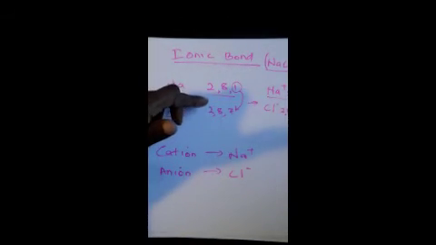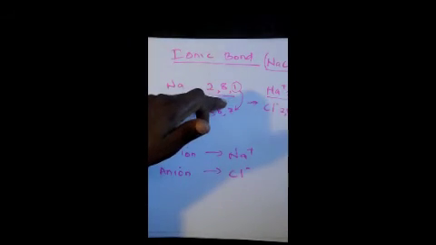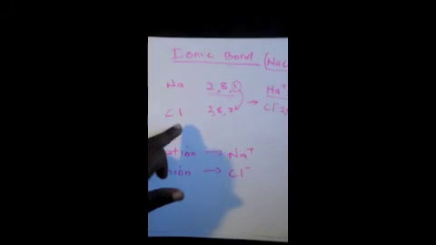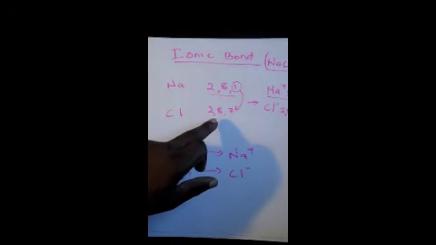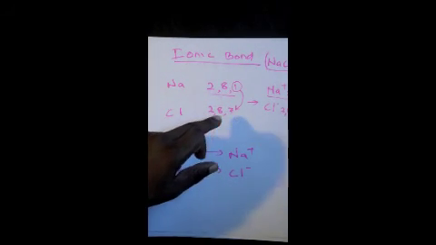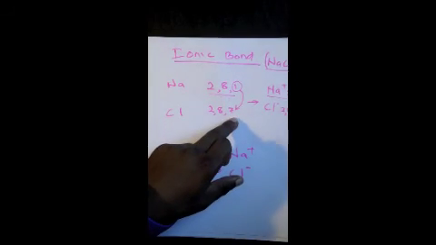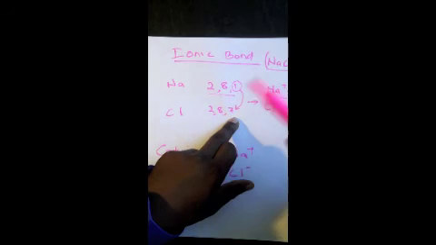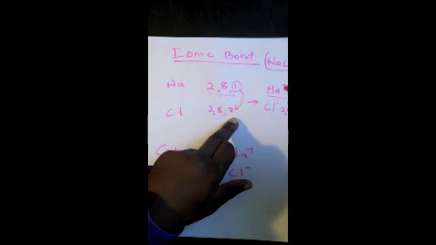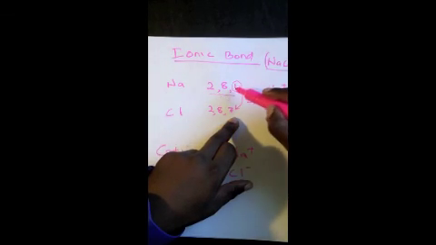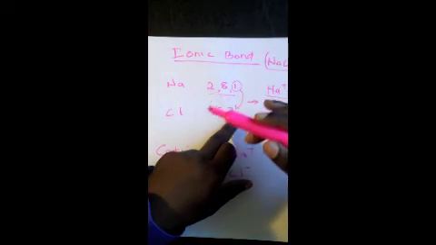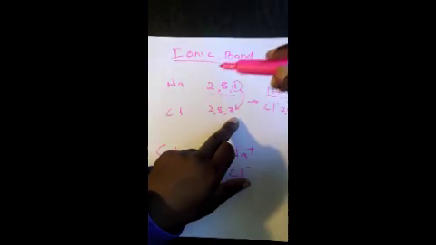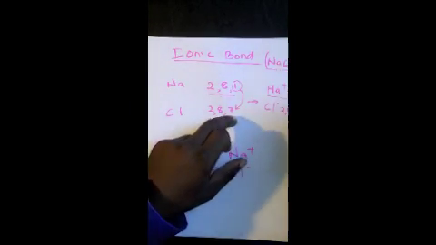It's got 2 electrons in the innermost, 8 electrons in the next electron layer, and then 1 electron outside. And the chlorine on the other side has got 2 electrons in the innermost, 8 electrons in the next layer, and has got 7. So this one needs 1 in order to make up the 8 that will enable it to be stable. And this one can easily lose the one, which makes the remaining number of electrons in the next layer a stable layer. So when that